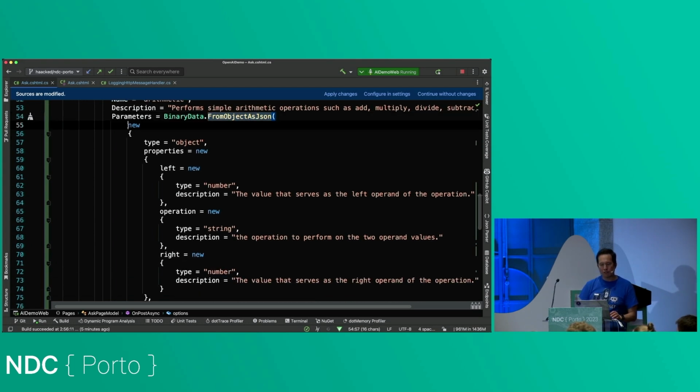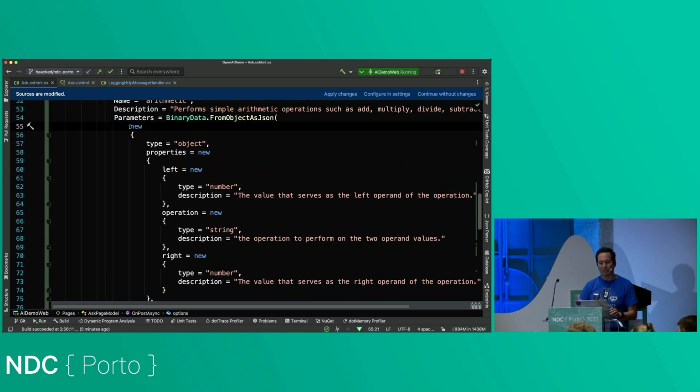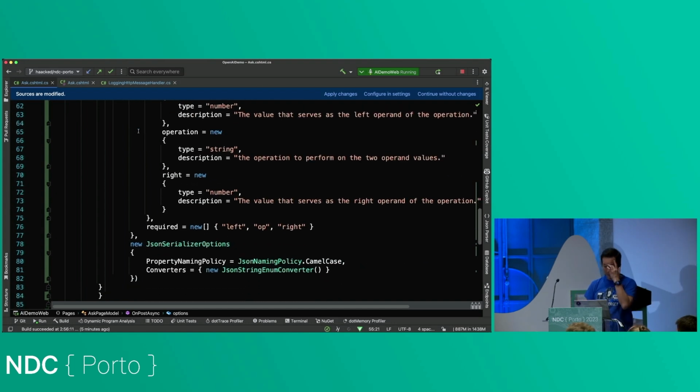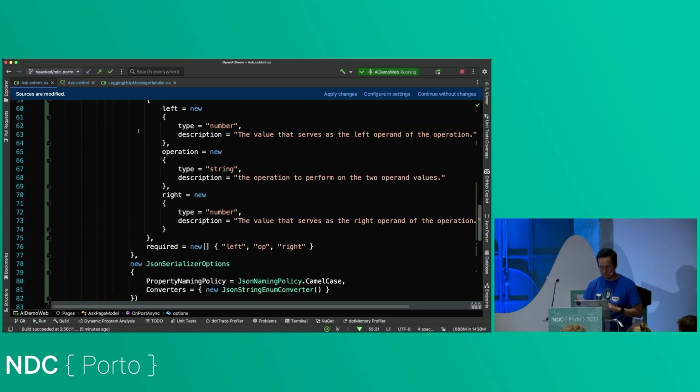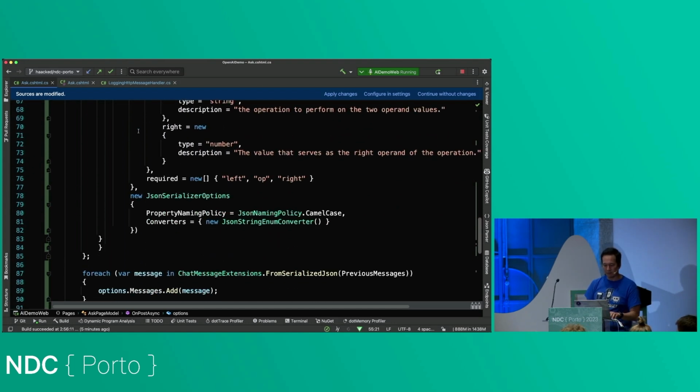And then you can pass in this anonymous object. Now, when I first wrote this, I took my example JSON, posted it in ChatGPT and said, turn this into an anonymous object in C#, and it spat out this. It was impressive. That's an example of where it's very good, converting one type of code to another. So this is the same thing we saw.